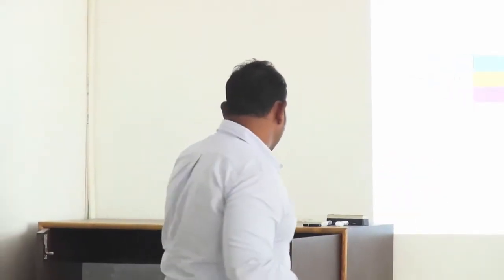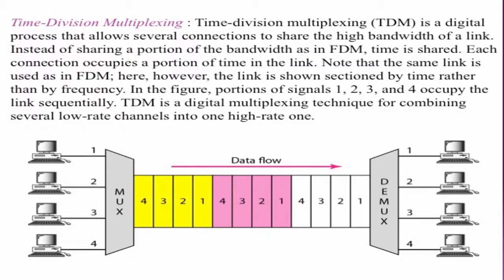But in the air more than one frequency is available. Whichever frequency you want, you have to set the band accordingly. So there are different channels. We are dividing the total line into channels. Here what are we doing? We are not dividing the total line into channels. Rather, we are dividing the total line into slots.